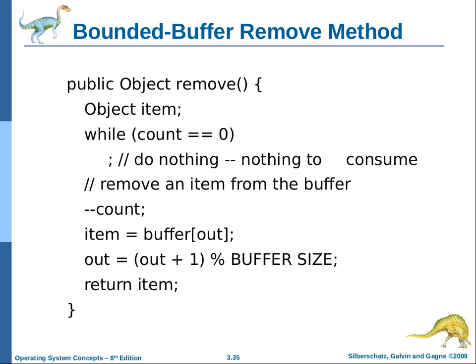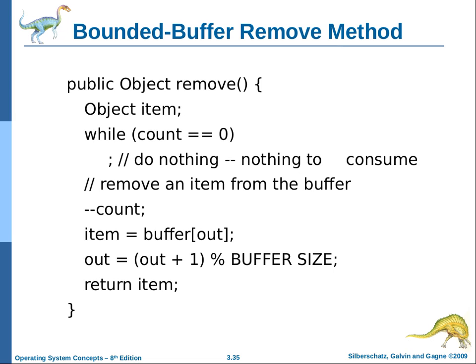This will be called by a consumer. Object item; while count is 0, do nothing. What should it do instead? If there's nothing to consume, it should just yield. Doing nothing would still lock up the processor, since it keeps spinning and evaluating. Yield says, okay, someone else can do some work. Maybe the producer can go find something for me to do. So never do a while loop that does nothing. Call yield, please, or sleep for 0. It does actually improve the performance of your system.